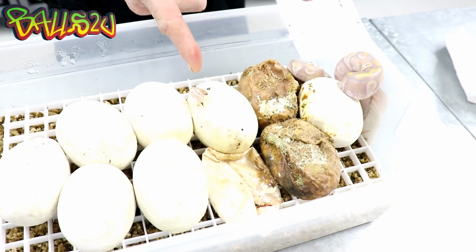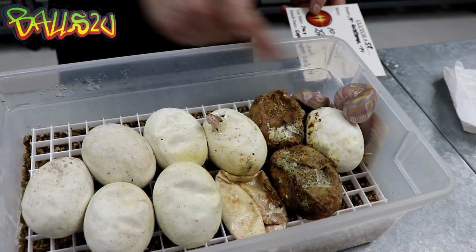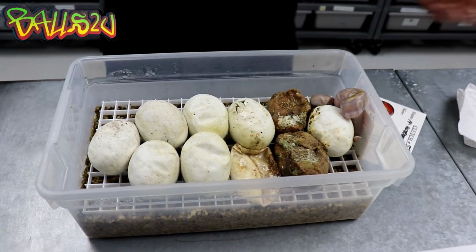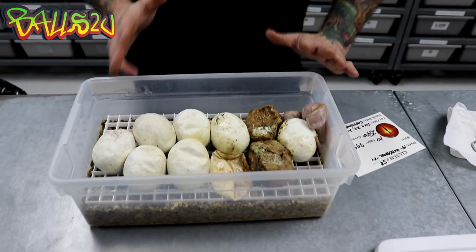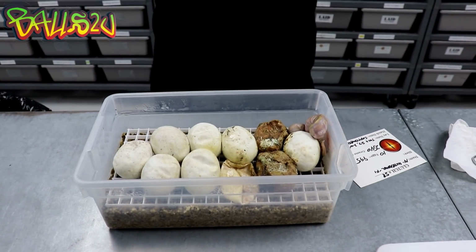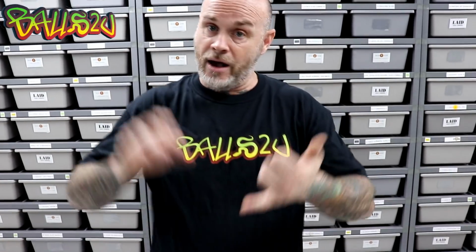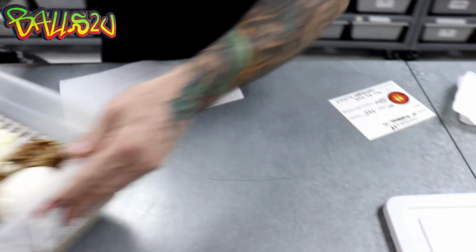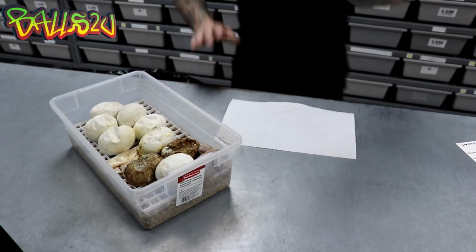So one's already pipped, one's already out, 2 went bad, of course. But hey, guys, let's see. This will be, well, mine at least, the first cryptic, if we get a visual, from a non-clown. So this here again, ultramel female to my caramel ultramel cryptic Mojave male. So we're gonna do this. I'm gonna put this here. I'm gonna run quickly